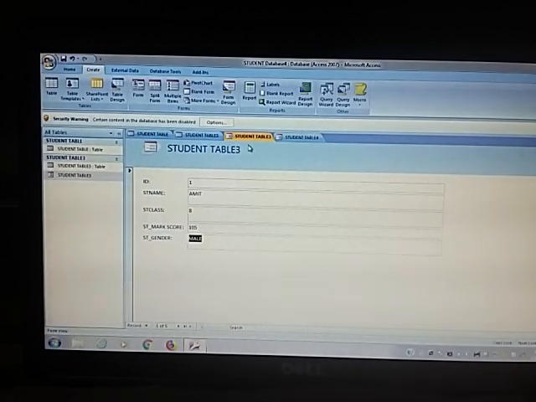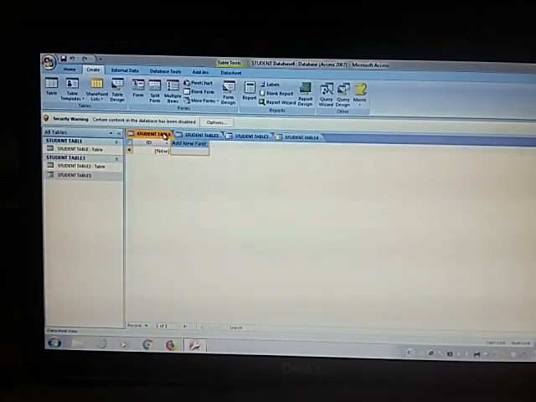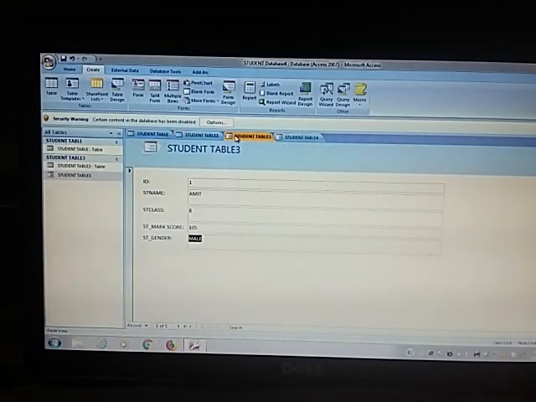So the student table will show the forms also. So that is the use of preview of the form.